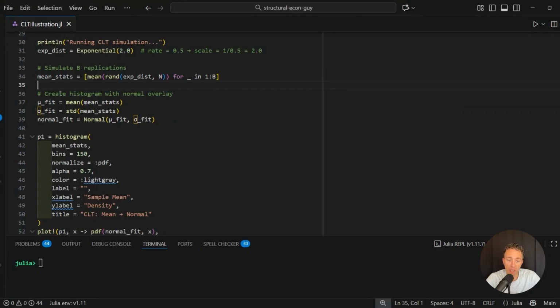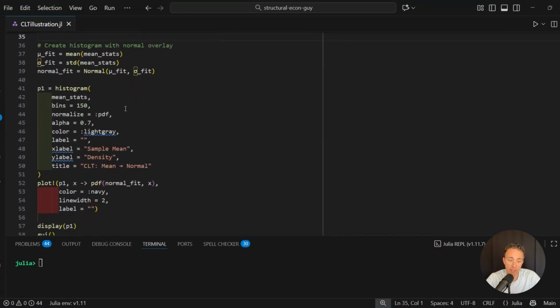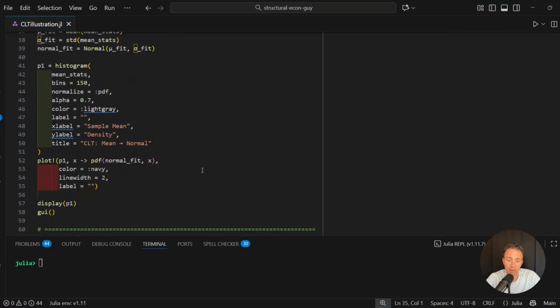So this is going to give me an object with 1 million elements, each of which is the sample average of a 100 observation draw from this population distribution. And then I can get the mean of those averages and the standard deviation of those averages. And then I can plot that ensuing or that implied normal distribution against the histograms of the actual million length numbers that I had generated. So that's going to be the first plot.